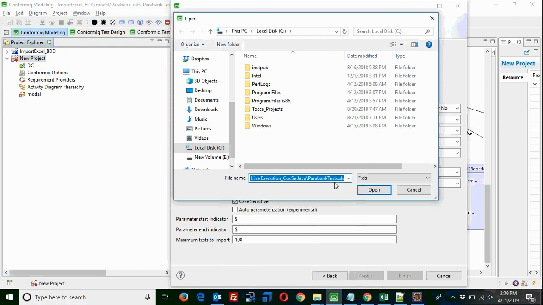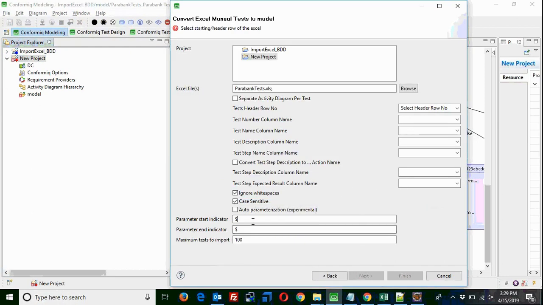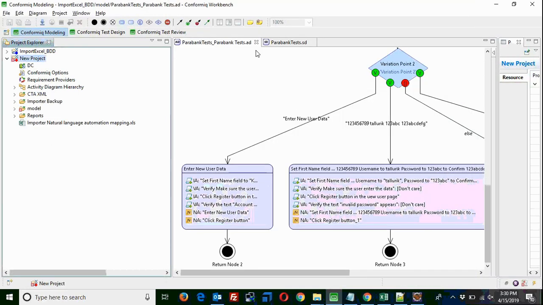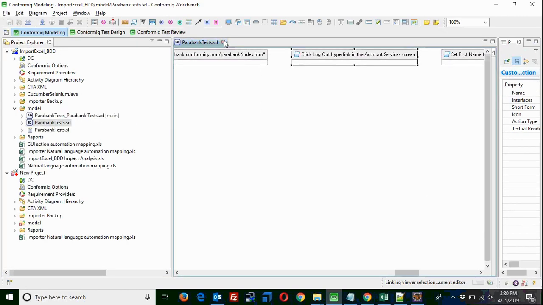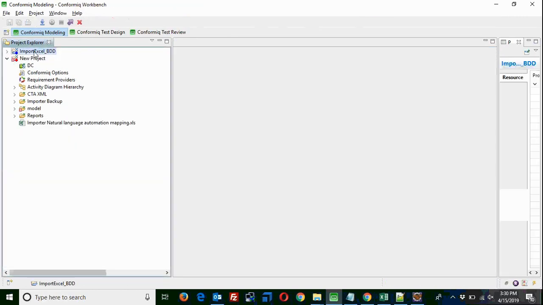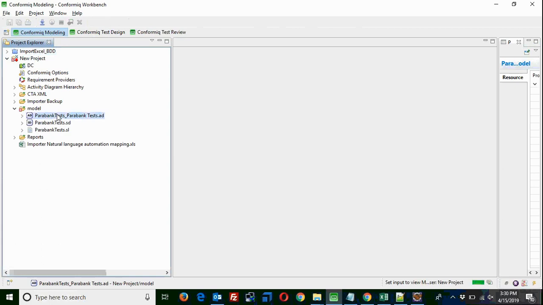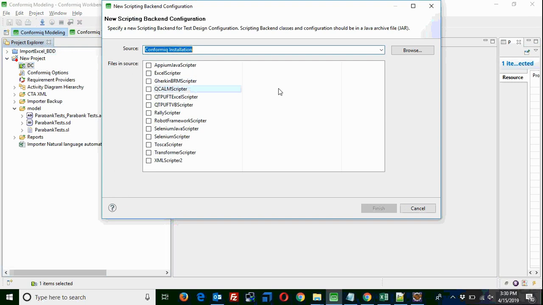I have one question here. This is Bhavna here. So this model and this BDD output is driven by the test case input sheet. So suppose this is an existing project where test cases are available. But what if it is a new project right from scratch? We do not have test cases. We have only requirements. So I wanted to know how we will approach that using this tool to get the BDD output.